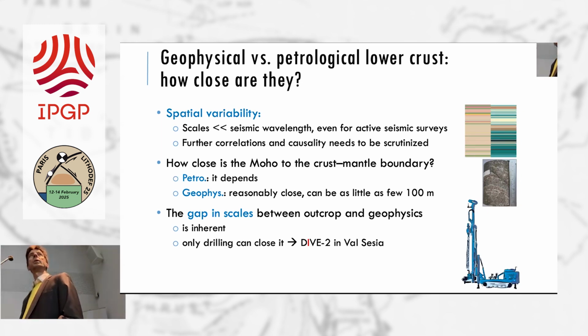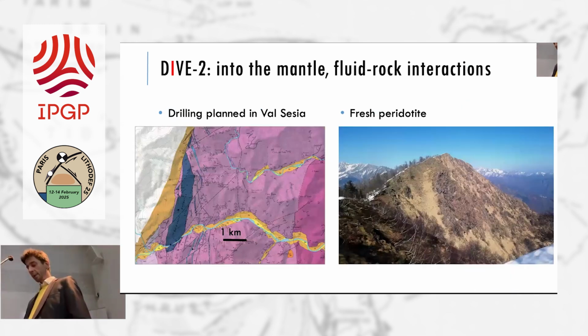And with this in mind, we are now planning the 3rd borehole in the project to go to Alsacia. In Alsacia, we have a lower crustal unit and 5 kilometers of peridotite outcropping directly from the mantle. This is the famous Balmuccia peridotite, so we already have good gravity and seismic data to investigate this area. And we have beautifully outcropping fresh, unaltered peridotite, on which we hope to do some experiments on fluid-rock interactions, including hydrogen and CO2 experiments in the future. This is the current progress, more to come in the coming